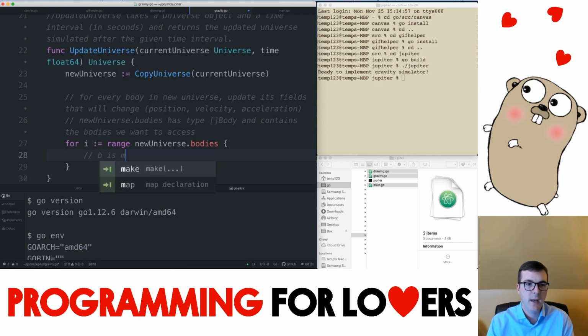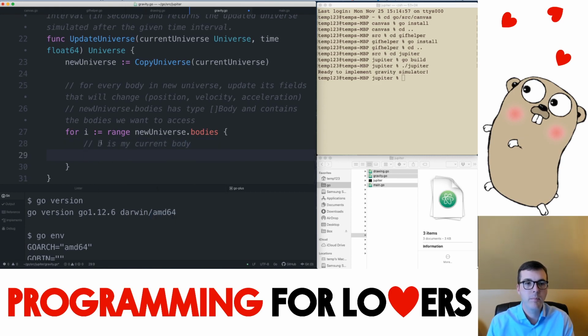So B is my current body. And so B is new universe dot bodies of I. So we're going to take the ith element in the new universe dot bodies slice, and that's what I'm going to access. So I'll say new universe dot bodies of I dot acceleration equals update acceleration